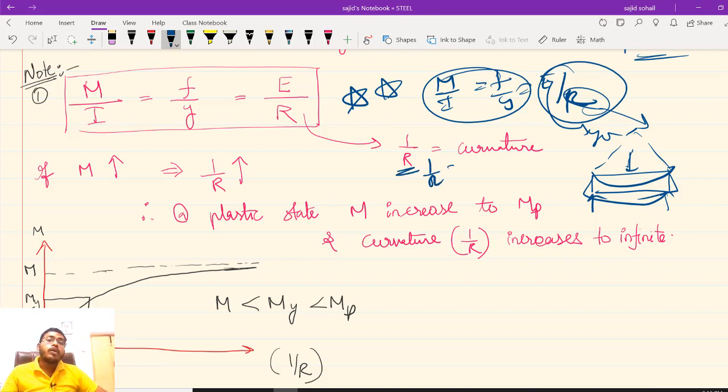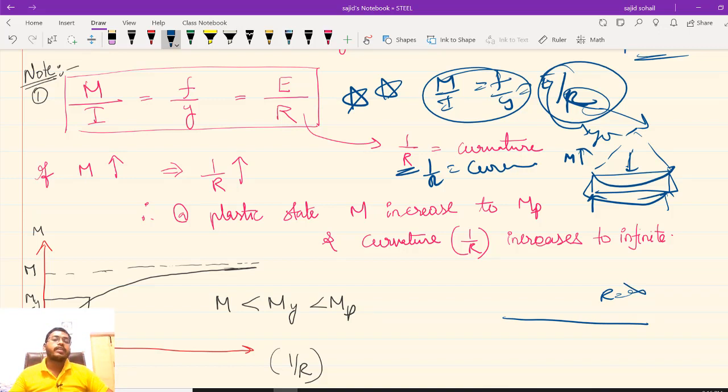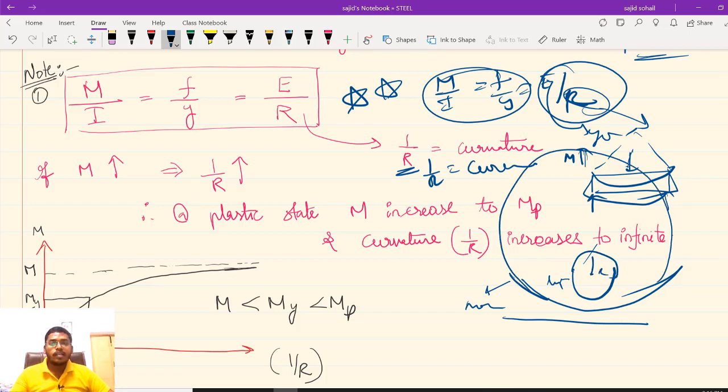But 1 by r को क्या बुलाते हैं? We call it as curvature of our curve. So let us try to understand. If I am increasing my moment, what will happen to your radius for a straight line? For a straight line, what is your radius? Radius is infinite. Okay. But if something is like this, okay, and if something is like this, which has more radius and which has less radius, obviously this has more and this has less, because if you are drawing a circle, just join it, आपको इतना ही मिल रहा है, radius is less. But if you join a circle and draw the radius, you can clearly see the radius is more, right?